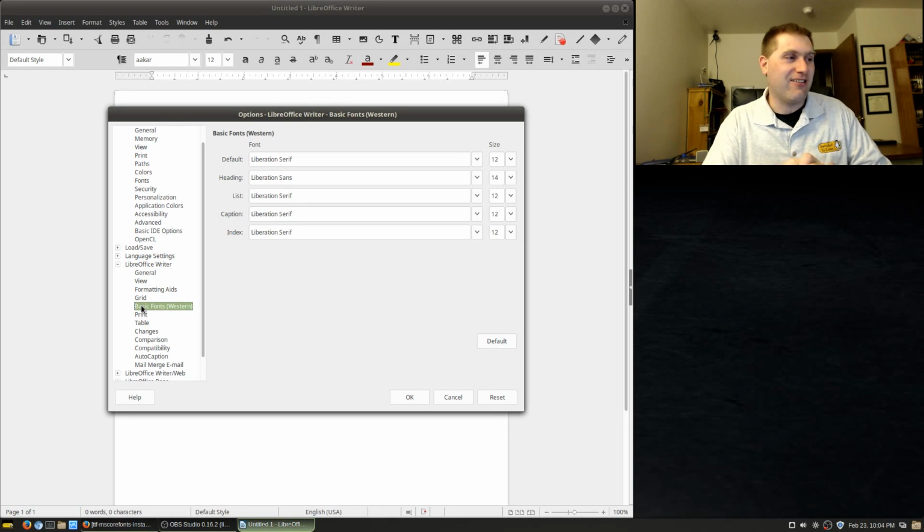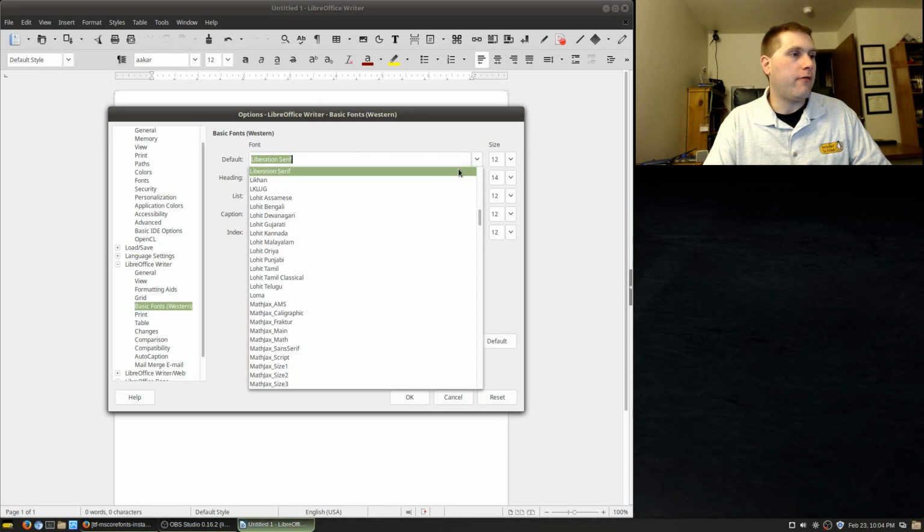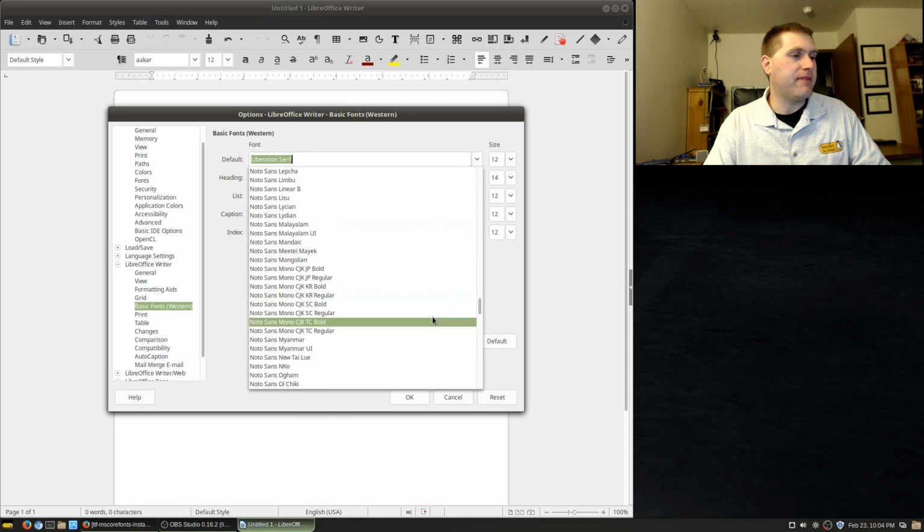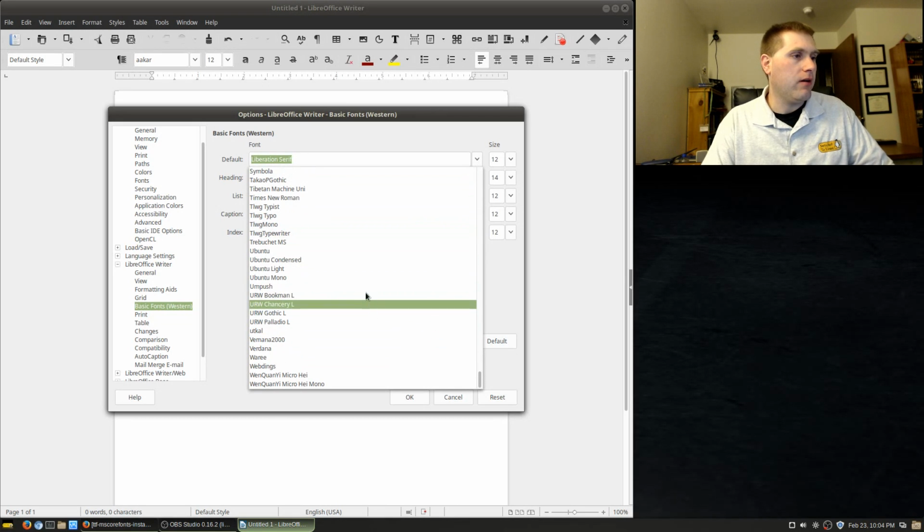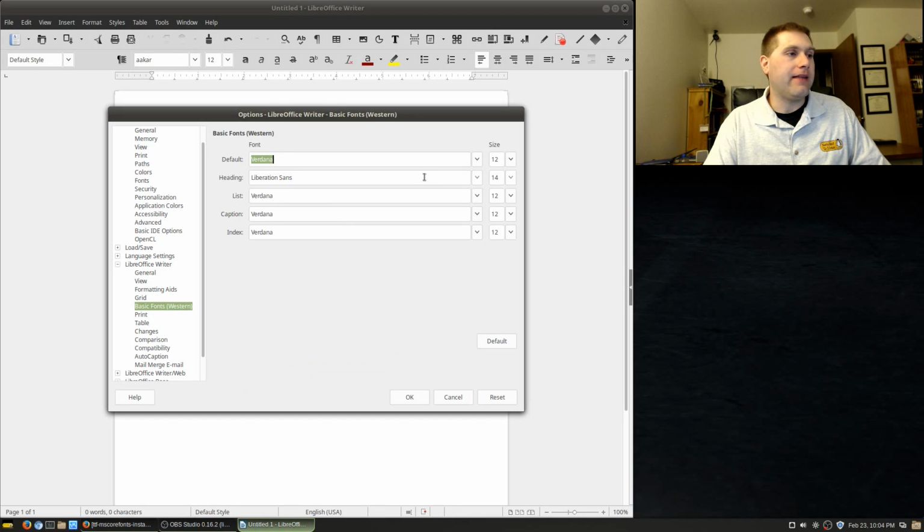All right, so it is under LibreOffice Writer. That's where I thought it was. You want to go down to Basic Fonts, Western, and then these over here allow you to customize things. So whatever you want your default font to be, you just want to grab something that you know is on a Windows computer. So I could grab Verdana perhaps, or maybe Arial, or something like that. So just grab a font that is